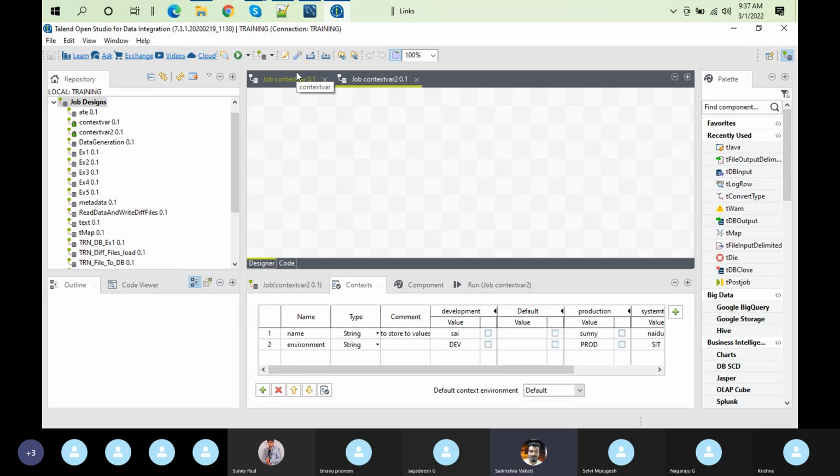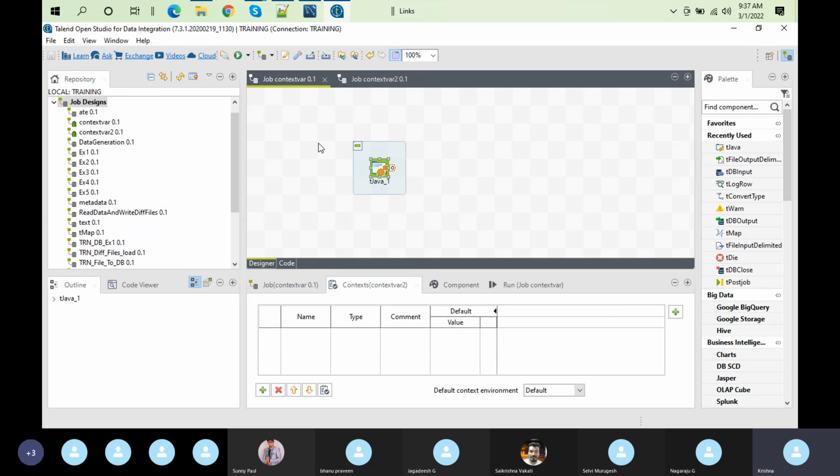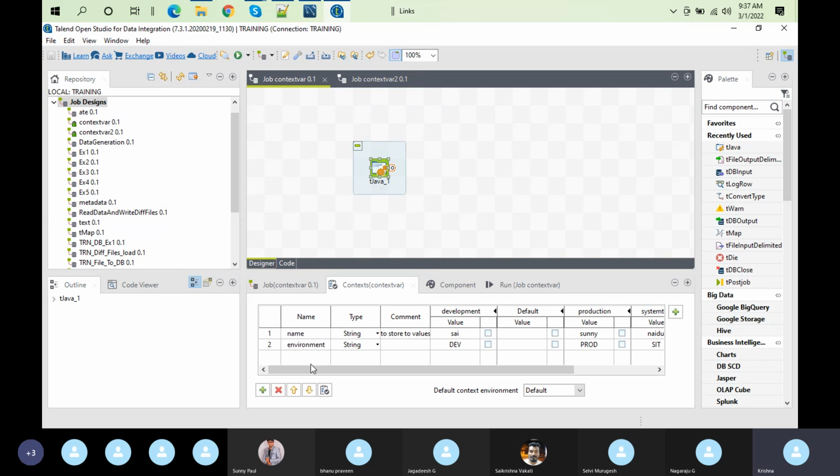Under the context, yes. The right word is: if you are creating at job level, it is called built-in. Built-in means it is at job level. You can edit, add, multiply, or subtract the variables, whatever you want. But when you want to make this read-only, or other people want to use the same variables or same values, for example the environment name,